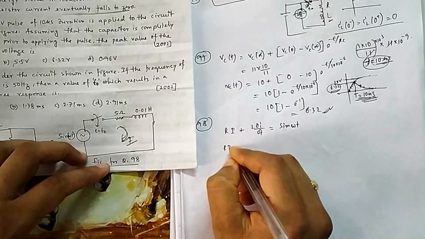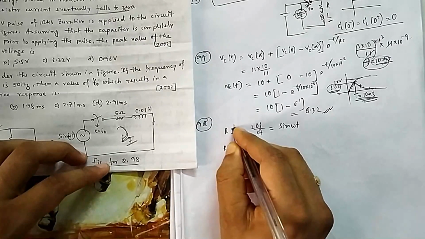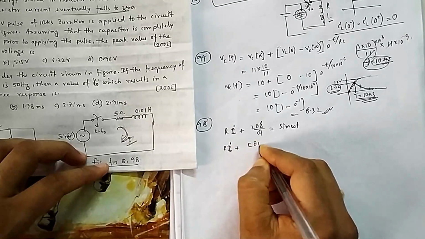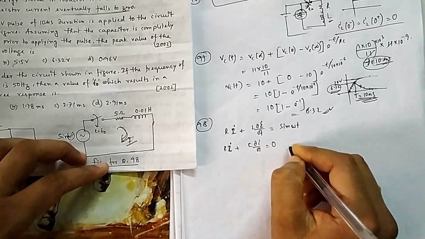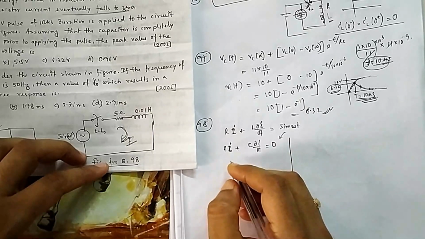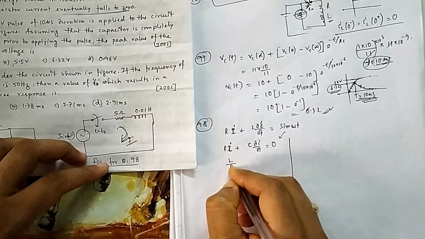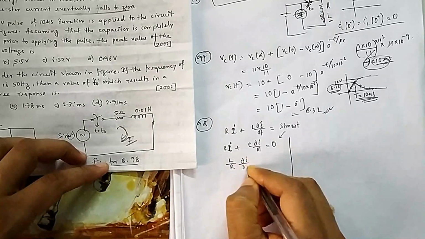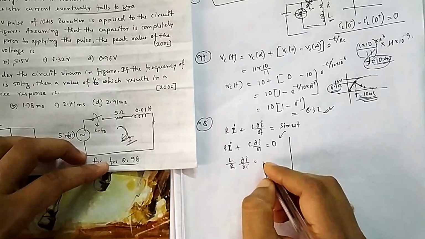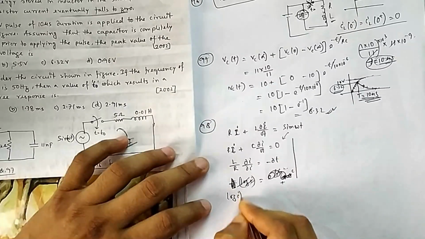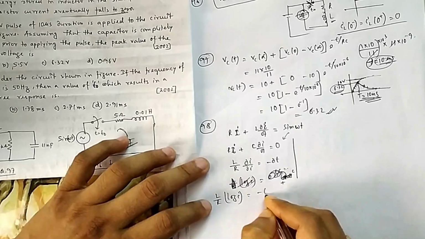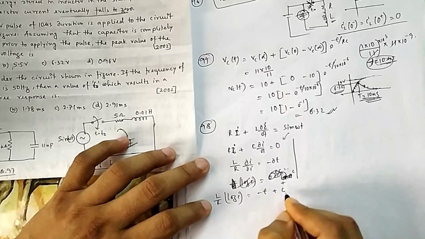For CF, what we will do? Ri plus L di/dt is equal to 0, this is small i, not capital I. This is my CF. This is actually the natural response, and this will be PI. So if you do this, you will integrate this. This will be L by R di by i, just changing the signs here and there, and that will be equal to minus dt. So it will be log i, L by R, and it is minus t plus c of this format.